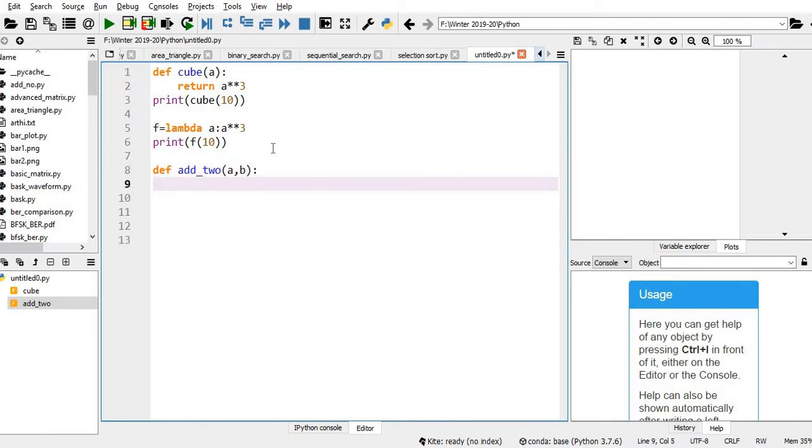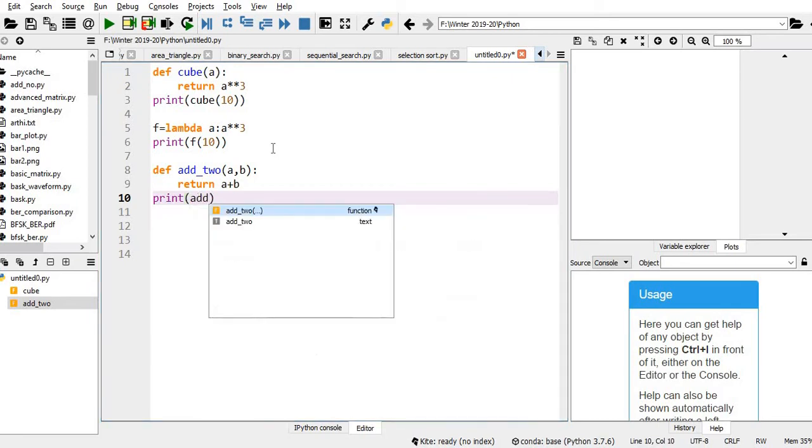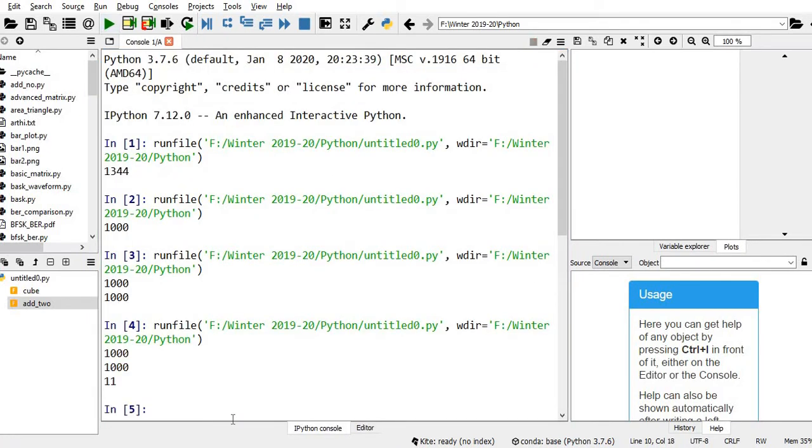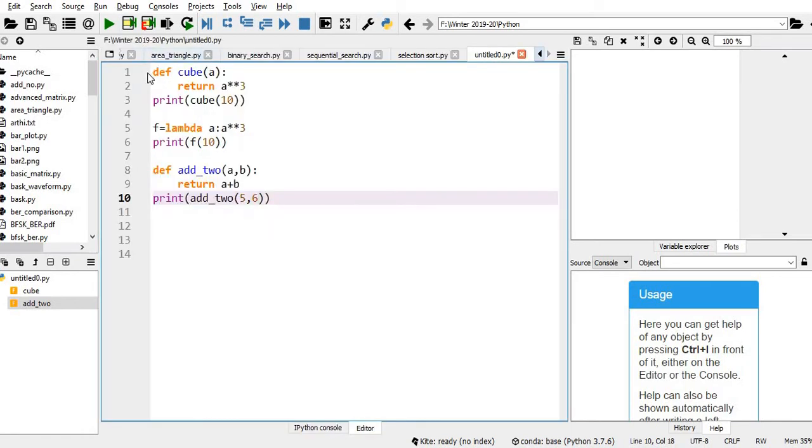It has to return a plus b. Then print the user defined function name add underscore 2, giving two numbers, 5, 6. Execute this. I'm getting 11. Let me comment out the other things, as I'm not going to use them.